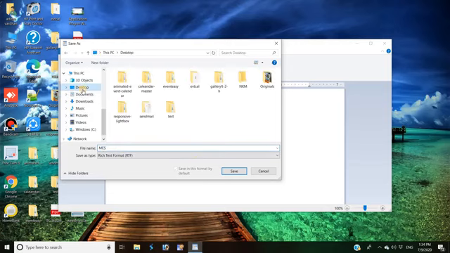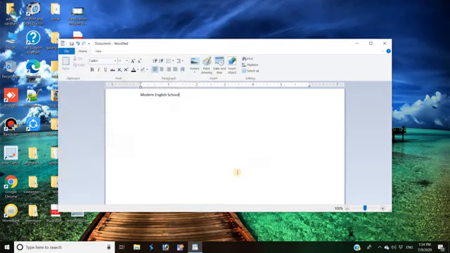Document, and after that type the name of the file, MES, and then define the location. Choose desktop if you require to save the file in the desktop area. After that click on the save button and your file is saved. Now here you are looking at the file, it is saved here.